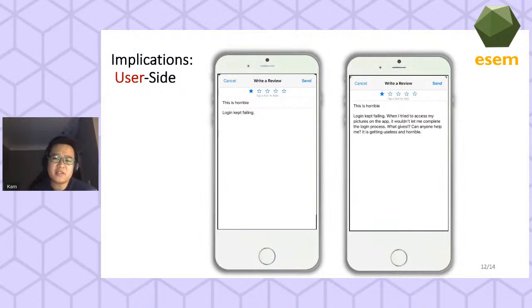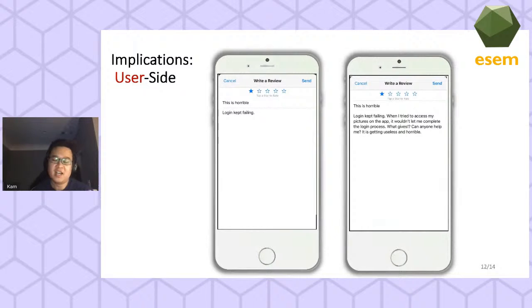So let's now look at one of the implications. For the developer side, the benefit of the study is quite clear. It is possible to help developers automatically identify reviews they are most likely to read and to respond to. Now let's look at the user side. The 2 examples that I'm showing right now show a mock-up of a developer response prediction system. Based on multiple features that can be extracted during review composition, the system should be able to determine whether the user may need a developer response and then predict the chance of getting the response and suggest steps